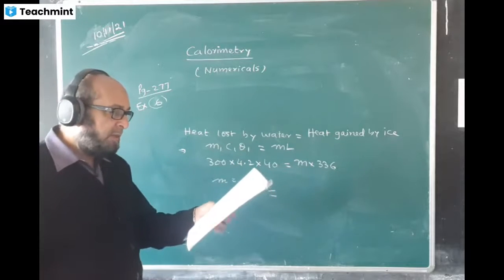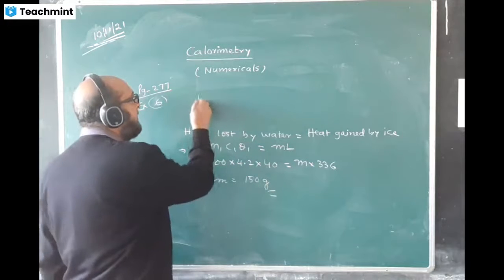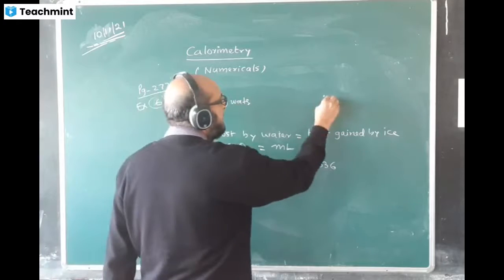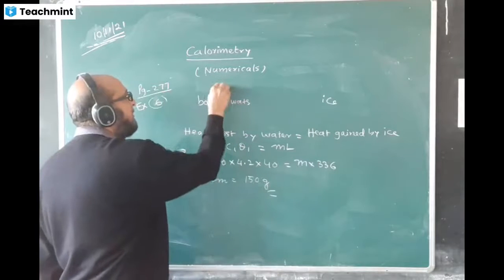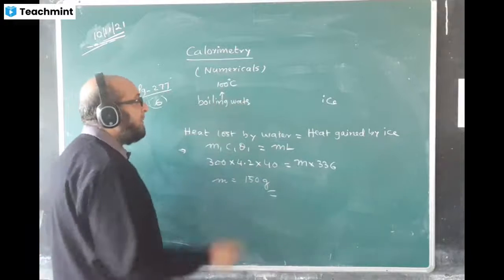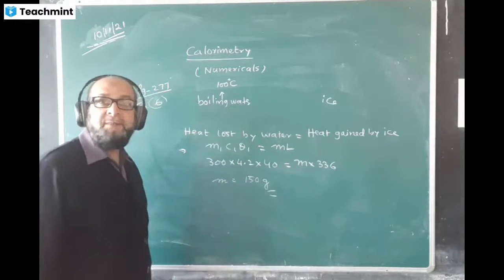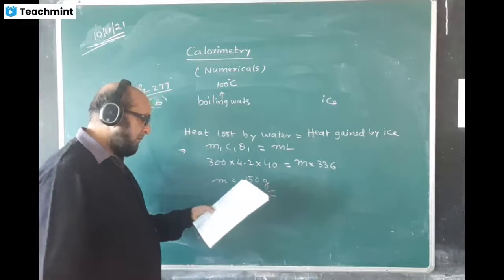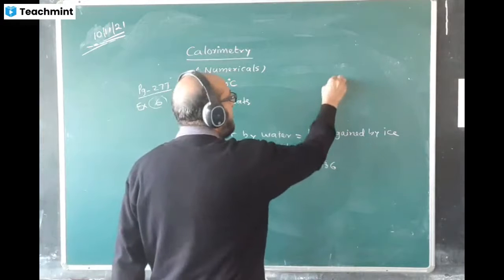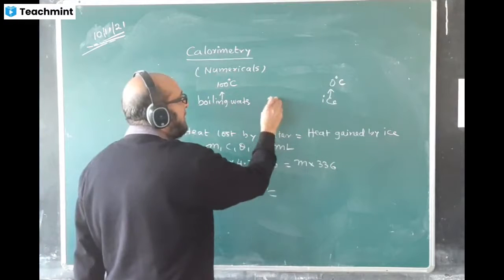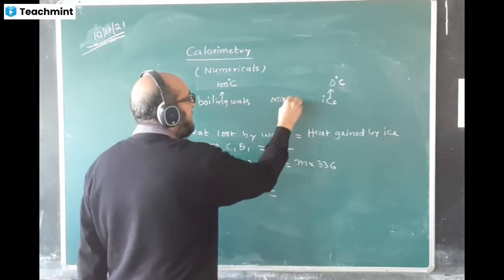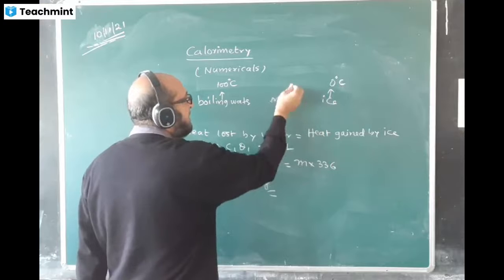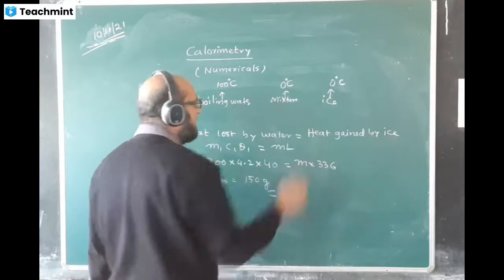SHC of water given, SLH of ice given. They're saying one side we have boiling water, one side we have ice. Temperature of boiling water given is 100 degrees Celsius. Remember, it is still water, not steam. If it is steam, then it will contain latent heat also. Ice is mentioned here, but temperature of ice is not given, so take 0. Here is the mixture: after mixing, the ice is melting and the entire thing is all water of 0 degrees Celsius, the question says.